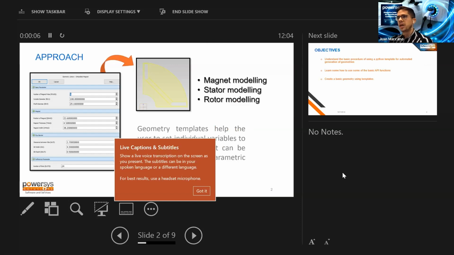So the approach today is more or less to show you the procedure that includes using Python scripting to create your custom